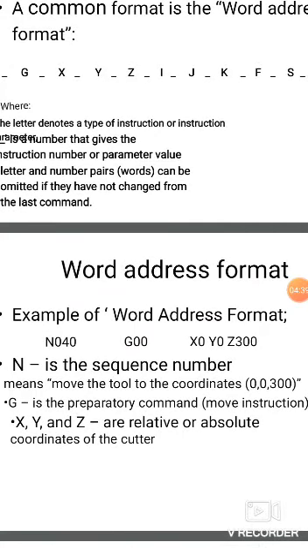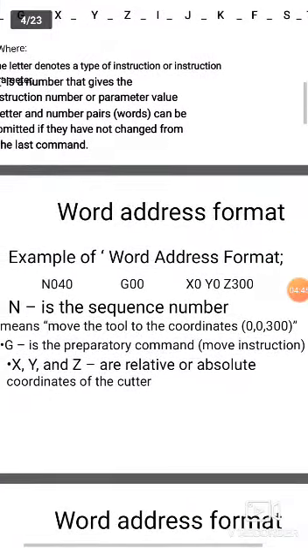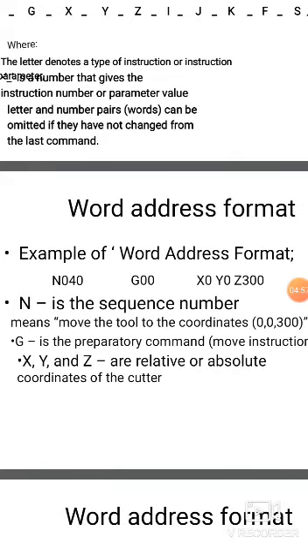By seeing the program we should write step by step. Here is an example of word address format: N40 G00 X0 Y0 Z300. N is the sequence number, meaning which sequence we are taking, sequence 1 or 2.